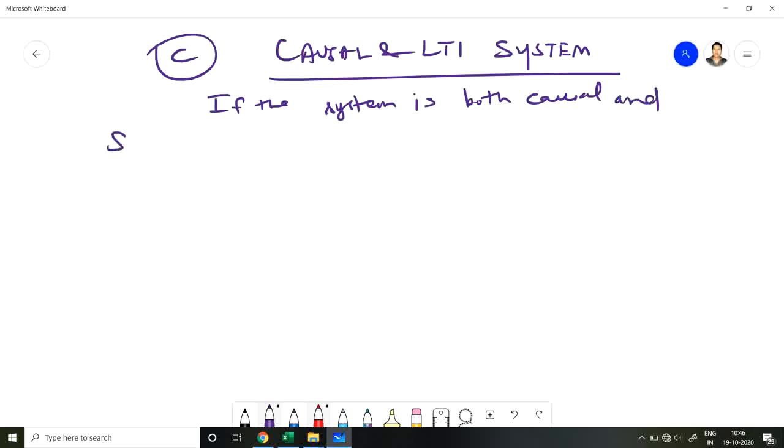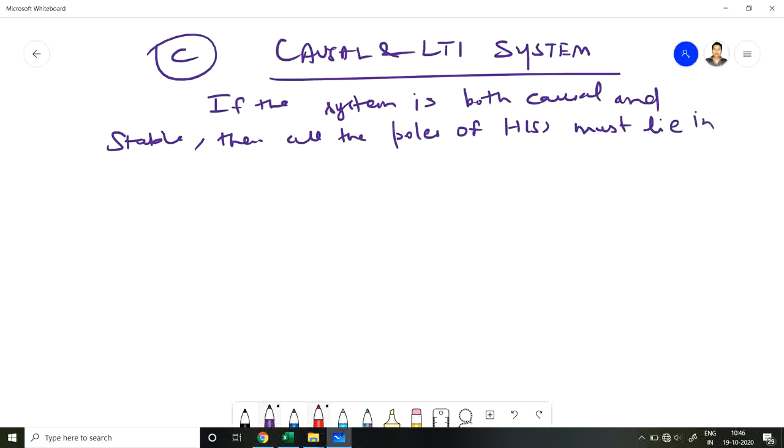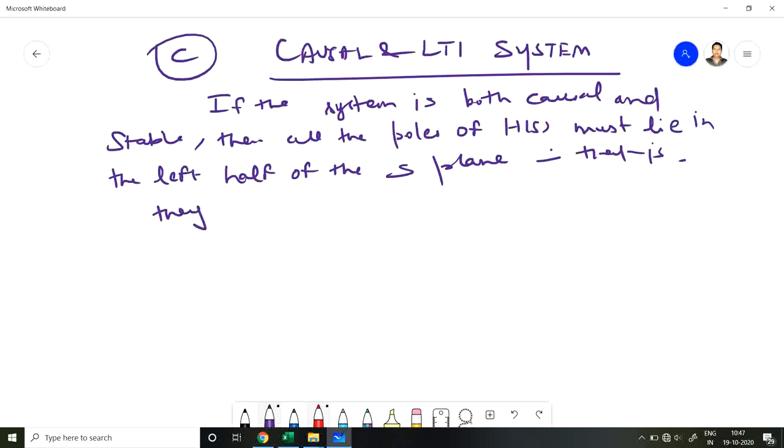If the system is both causal and stable, then all the poles of H(s) must lie in the left half of the s plane, that is, they all have negative real parts,